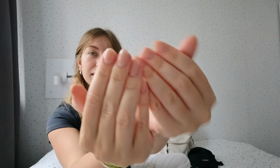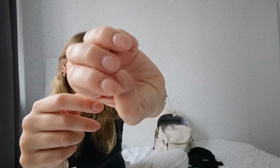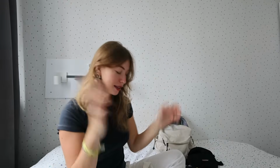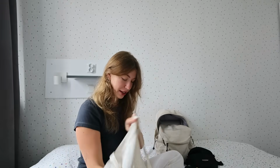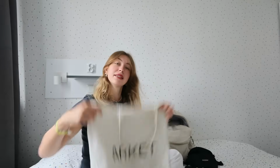My nails were doing so well. I did them with this Sassy Saints manicure kit over 2 weeks ago, but yesterday I had my first full-on soldier. This nail chipped off, but they're still lasting really well for an at-home manicure kit. I'm really impressed. Tissues, and then this can be folded up and put in my packing cube along with all